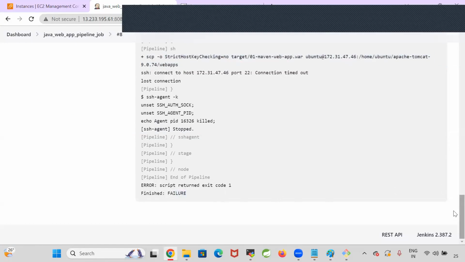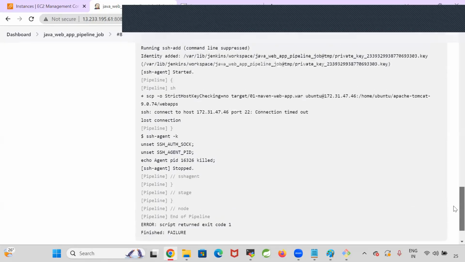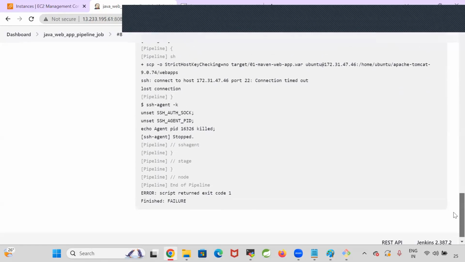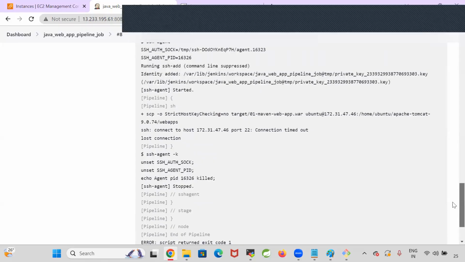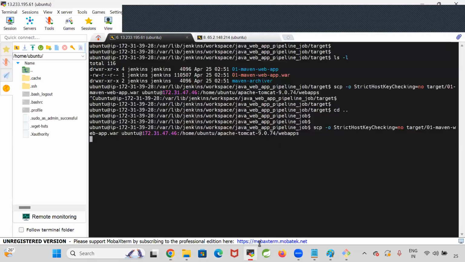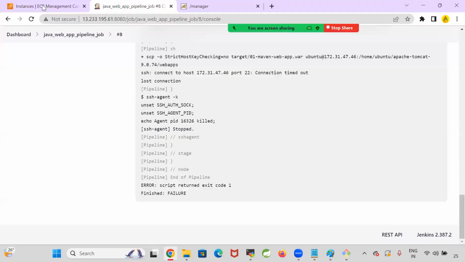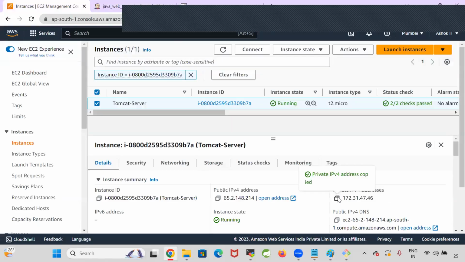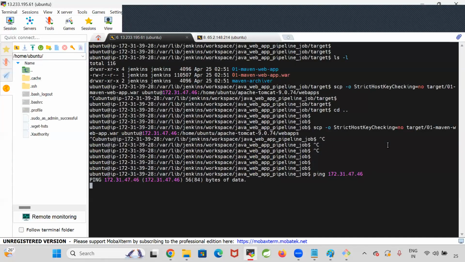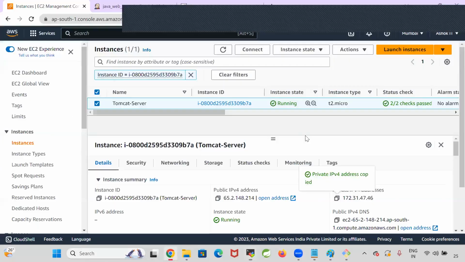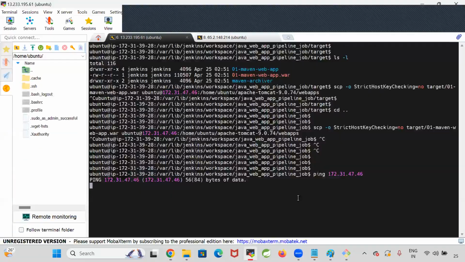Sir, should we create any outbound rule? Then we can try to connect Jenkins to the Tomcat server by SSH, so we can understand whether that connection is happening or not. Outbound rule is not required, sir. No, I mean just SSH ubuntu@ the IP. I know it will ask for a password, but you're not able to ping. Need to open the